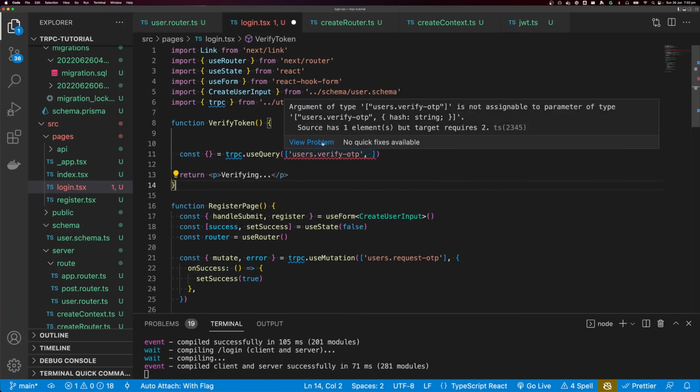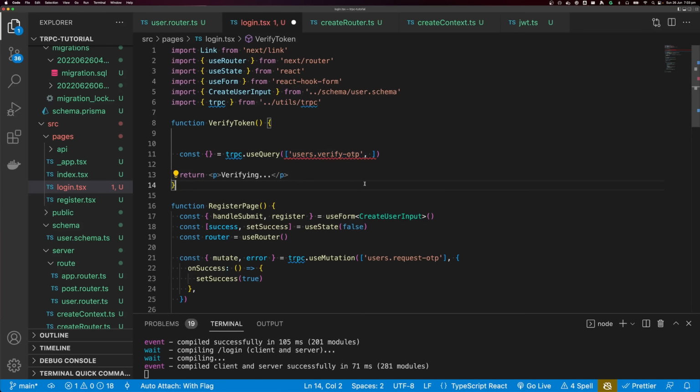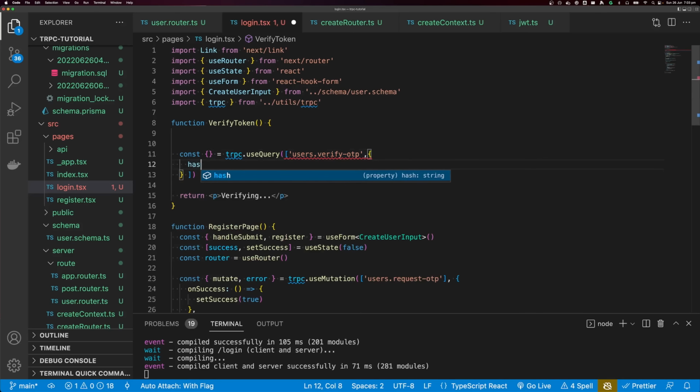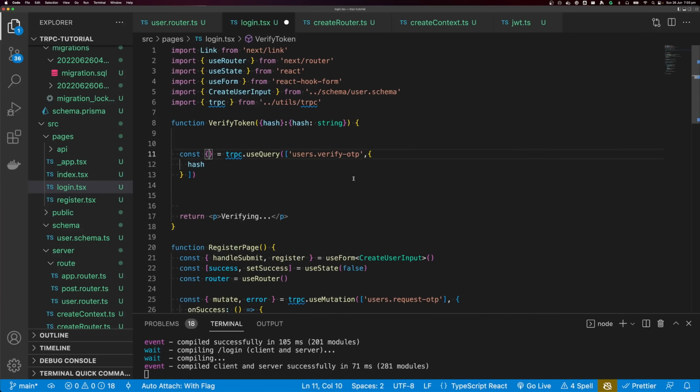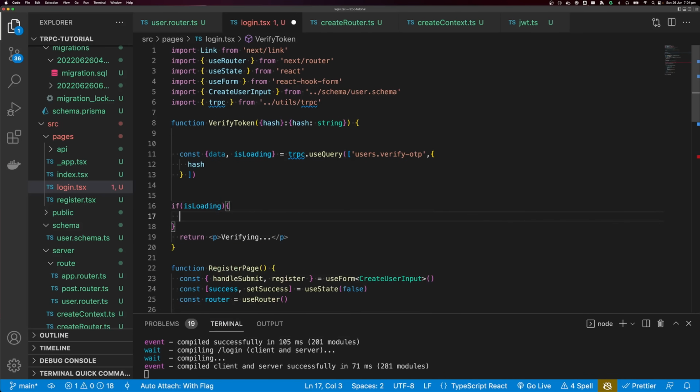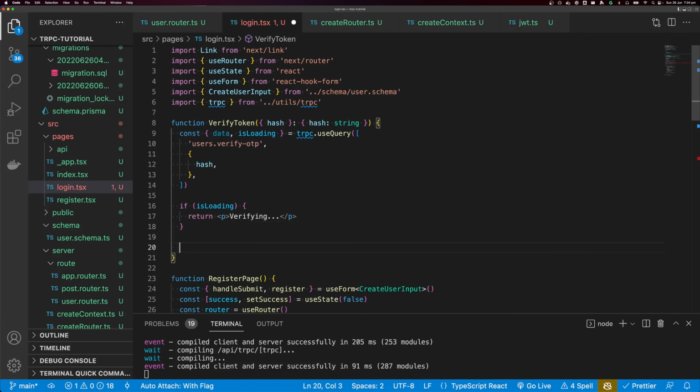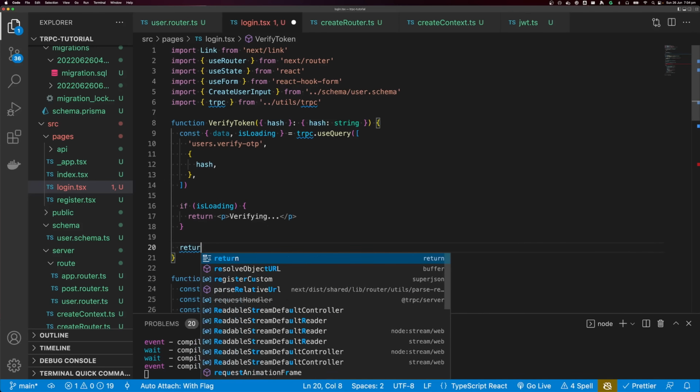So you can see here that TypeScript is telling us that we're missing hash, which needs to be a string. So I'm going to say hash, and we need to pass hash into verify token. So I'm going to say hash, and then hash is going to be a string. So down where we're calling verify token, I'm going to say hash is equal to hash. So we're going to get data and isLoading. So I want to say if isLoading, then we just want to return "verifying". Otherwise, we want to return